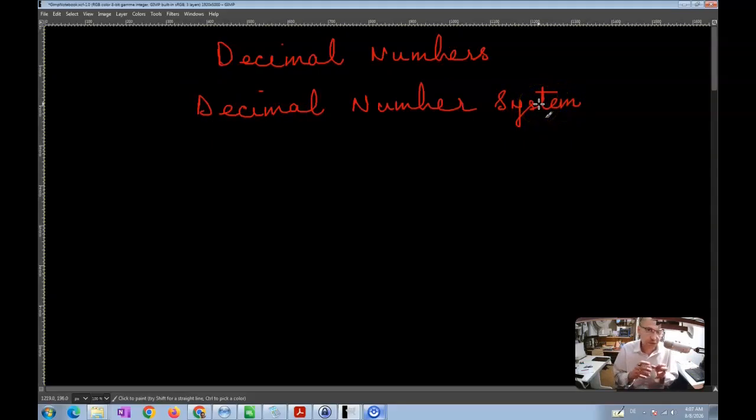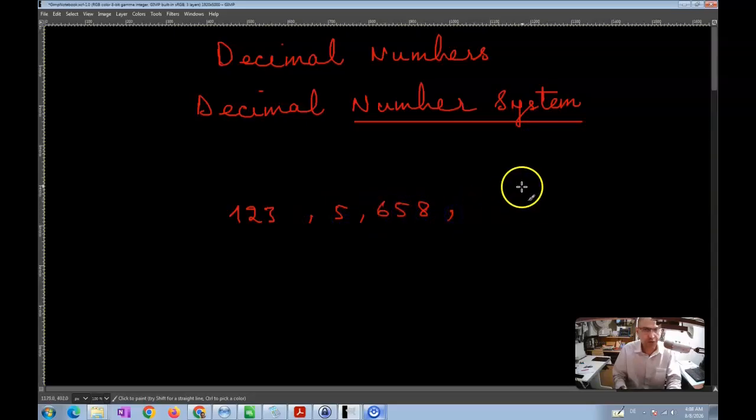The decimal number system is nothing but a number system, right? A number system is simply a system of numbers. What that means is that, for example, when you write 123, or a 5, or a 658, or, for example, 574,